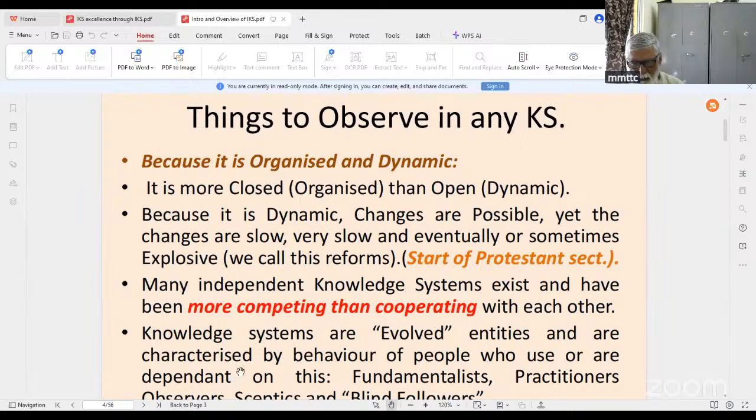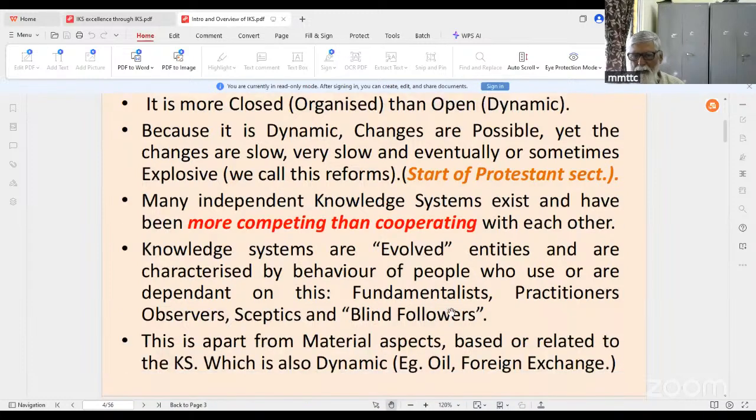Okay. All said and done, knowledge systems are evolved entities, and they are characterized by behavior of people who use or are dependent on this. For example, when we see our friends and our colleagues, we can infer certain knowledge base on which they work, the way they dress, what they eat, what values they project, what issues they add importance to always. So, among the people who use it, there are different flavors of people. Some are fundamentalists, some are practitioners, some are observers, some are skeptics, and many are mostly blind followers. Okay,